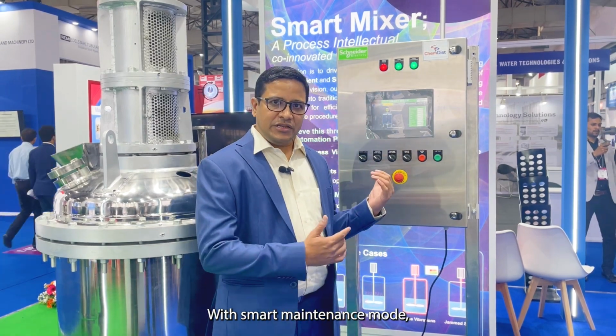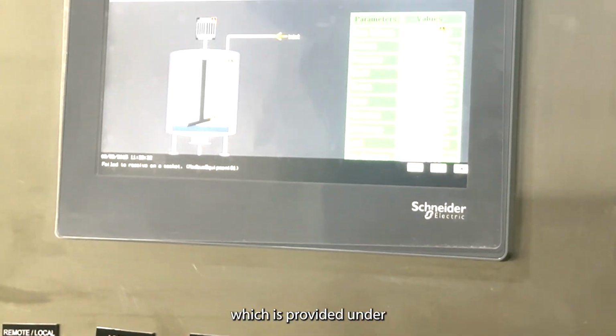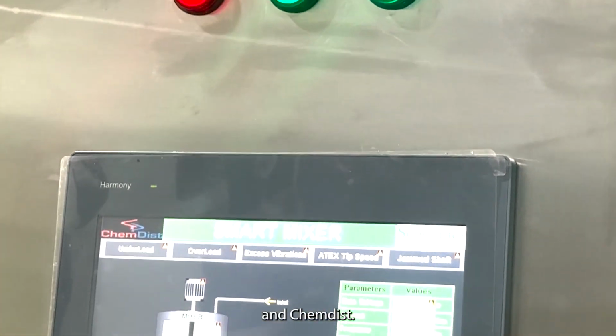The last and one of the important cases is for people typically coming from the maintenance side. What you are able to do is detect any kind of jamming of the shaft. During the operation process, it could lead to sudden stoppage of the mixer, or damage to the bearing, or damage to the gasket, and so on. During maintenance mode, it is possible to detect certain issues related to the operation of the mixer. With smart maintenance mode, which is provided under SmartMixer from Schneider Electric and Chemdist, we are able